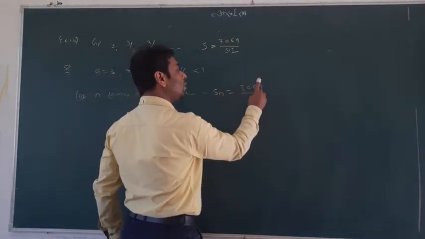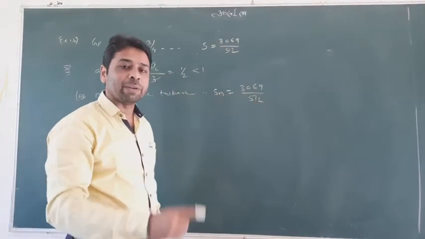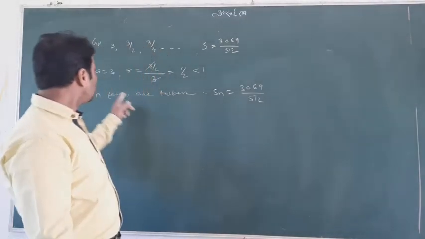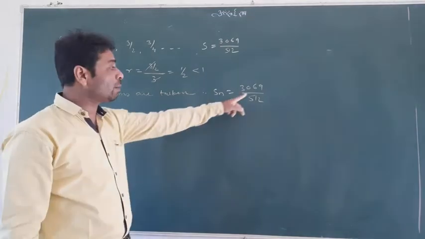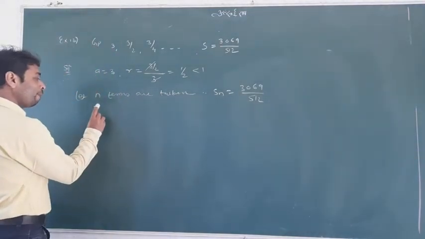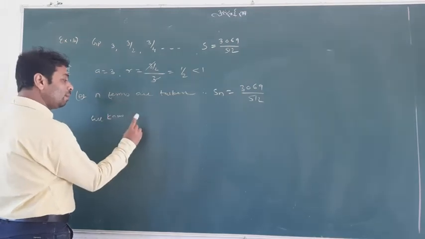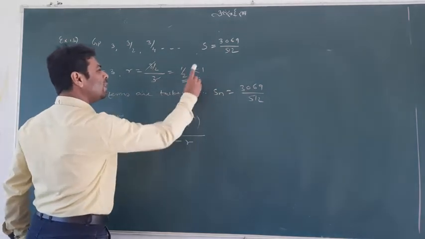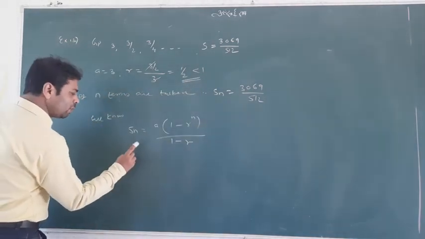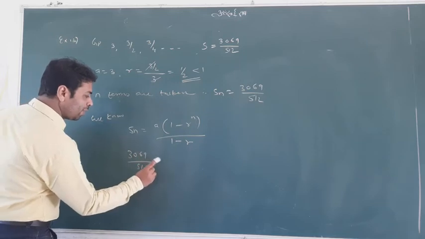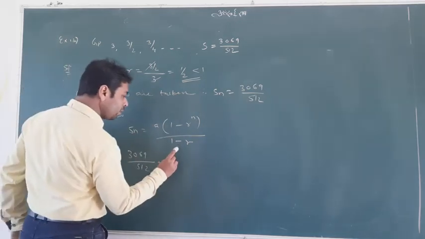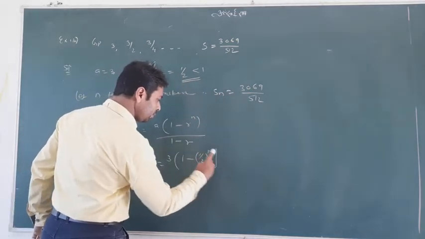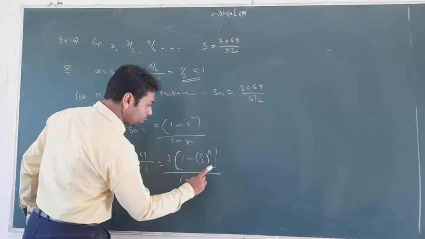Try to understand. This is the sum of the GP that is given. What is the question? Sum of how many terms it is. So as many terms you took, n terms are there in the GP. So sum of n terms is this one. So use the formula of sum of n terms, which is a(1 minus r^n) upon 1 minus r, because r was less than 1. Put Sn equal to 3069 upon 512 is equal to a, meaning 3, times 1 minus ratio, meaning 1 by 2 to the power n, upon 1 minus 1 by 2.